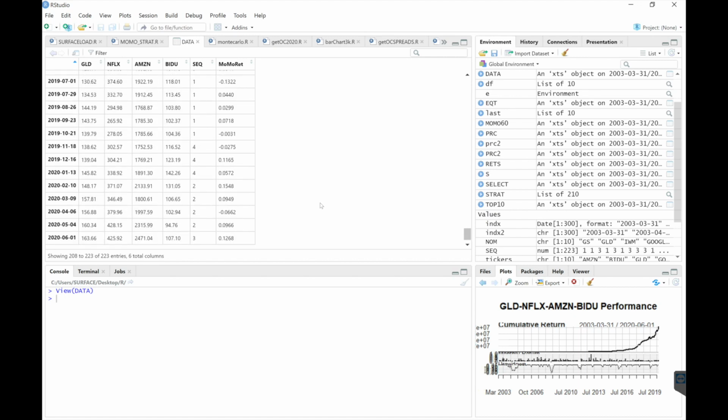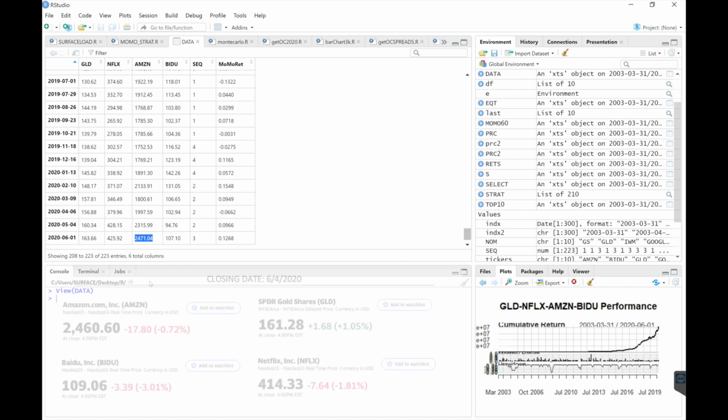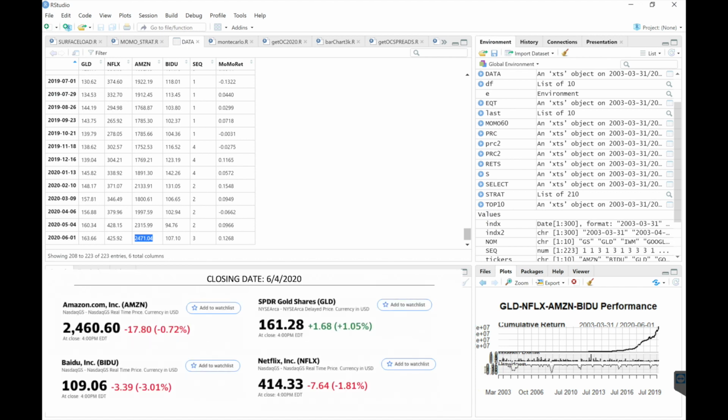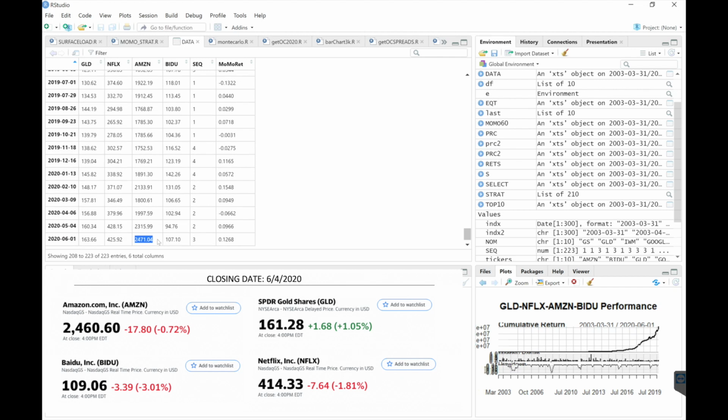For this last row, it says we should have opened Amazon at $24.71 and the market closed at $24.60 for Amazon. So it's a little on the downside for this period so far, but it's just been a couple of